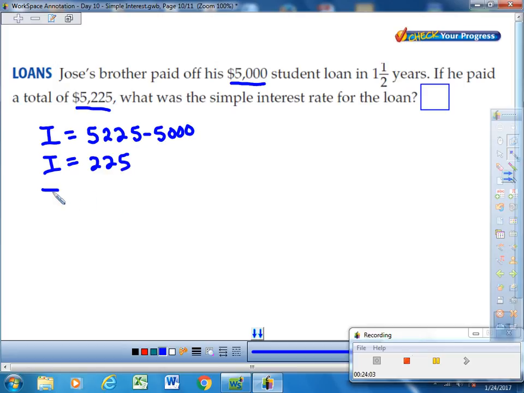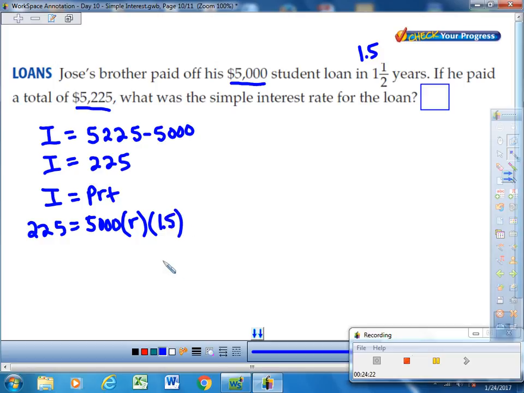And then I can put it into I equals PRT. So $225 equals 5,000 times R, which I don't know, and then 1.5 years is 1.5. So 5,000 times 1.5